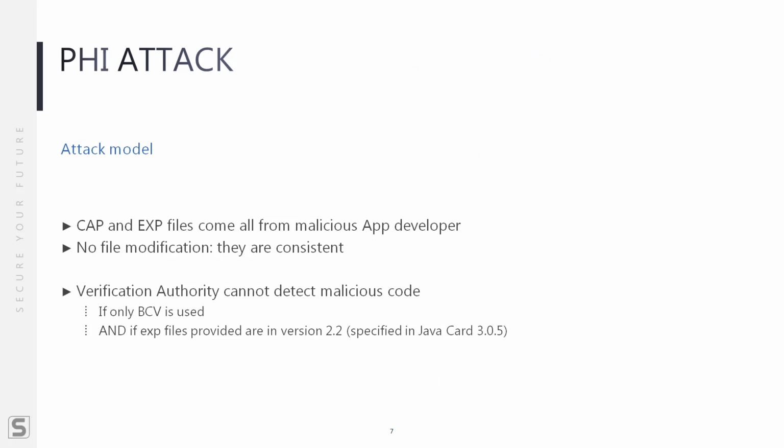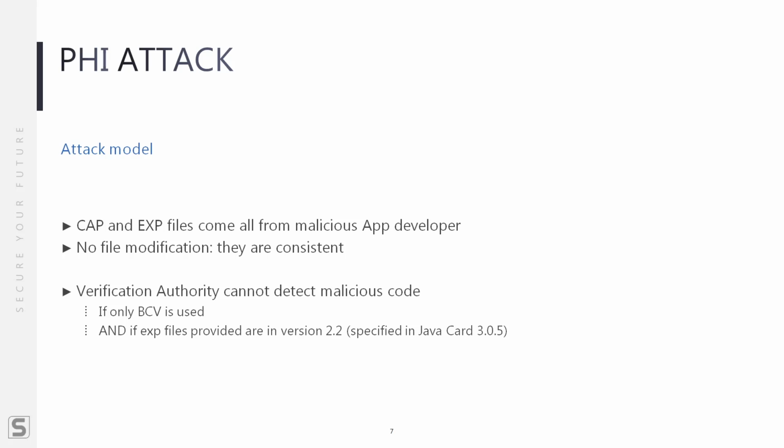Methods described in these two papers do not directly attack the implementation of the JavaCard virtual machine, but rather the organizational measures that come along with the product. We will now see that the FIA attack has a common philosophy. However, there will be no need to modify files and no need to target a specific victim. Indeed, the malicious developer provides a set of packages sufficient by themselves to perform the attack.